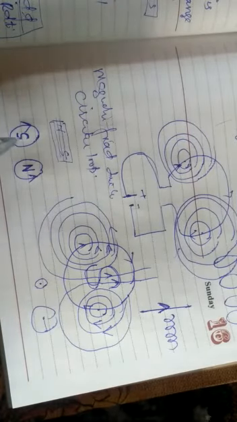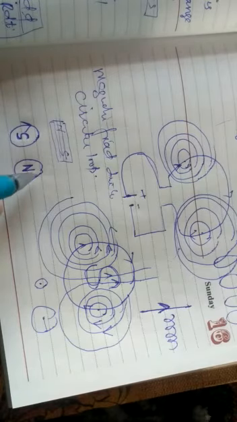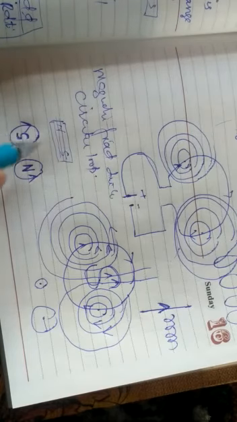The important point which you have to remember here is that whenever current flows in a loop in a clockwise direction, that face acts as south, and whenever the current flows in a loop in an anti-clockwise direction, that face acts as north. So every loop is a complete magnet. If this is south, the back is north. If this is north, then the back is south.